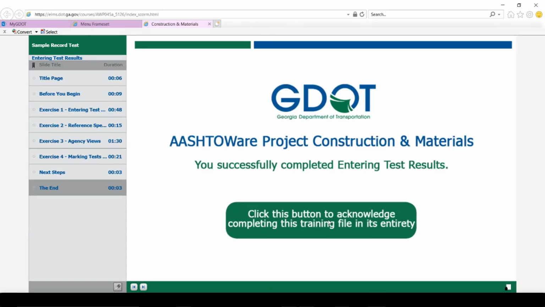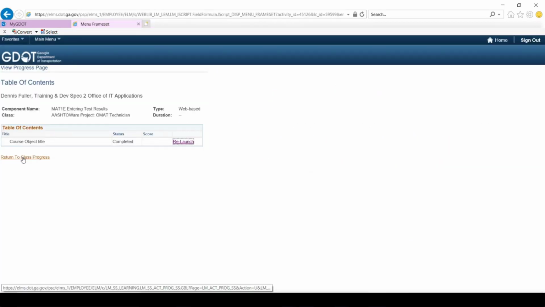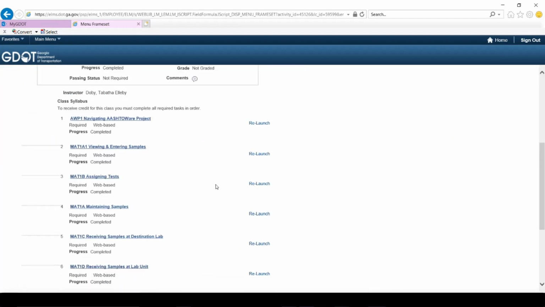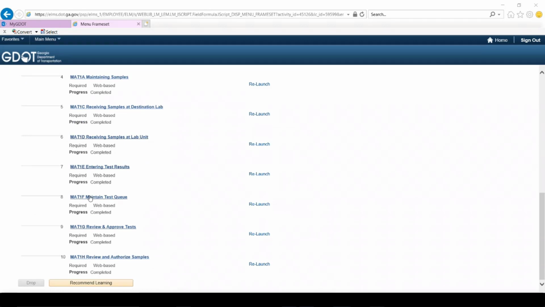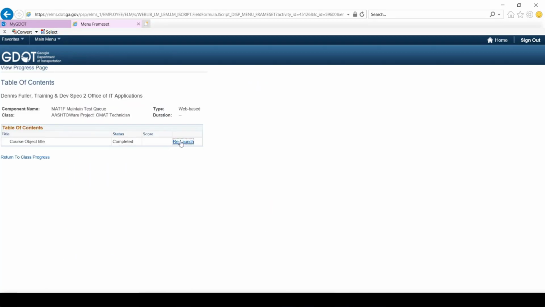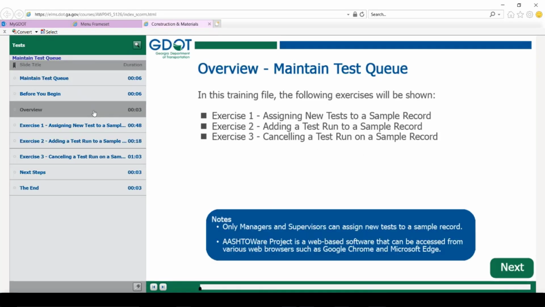As before, we can close out that CBT, and there are additional CBTs that we can take a look at here. Well, we're moving right along, so we're looking at maintaining test queues. Switching to overview here, there are 3 exercises in this section,